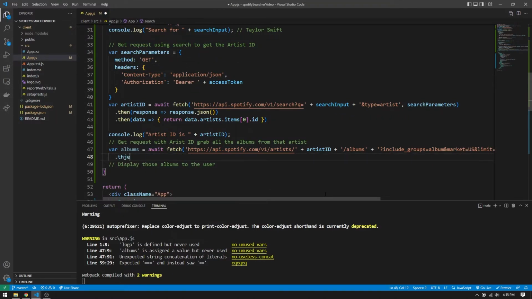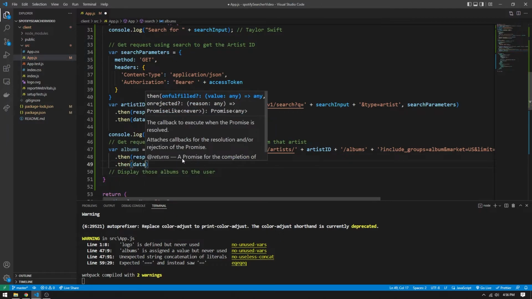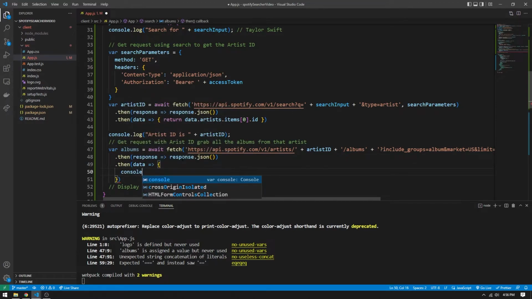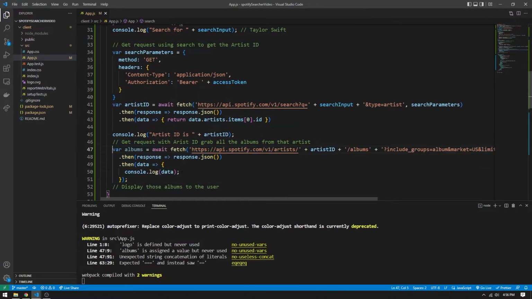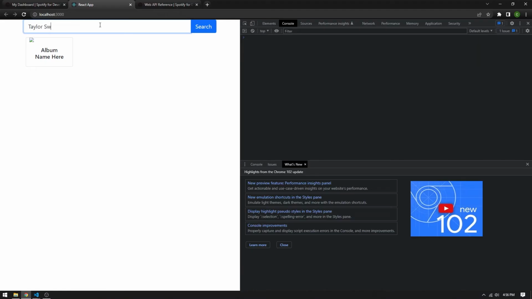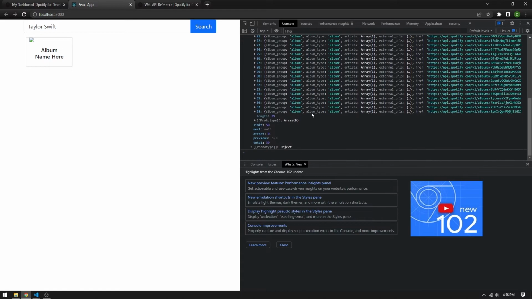So now we can do then statements to handle the response of whatever our fetch returns. For the Spotify API, I always just make the data become a JSON, so I'm always doing that. Then we get to the important stuff after, where we have the finalized data at the end. And for here, I'm going to console.log the data and see what's inside of there. So we can actually run our application, and it's going to get to this point and show us this console log here. So we can look up Taylor Swift, press search, and boom, we're going to get 39 different albums